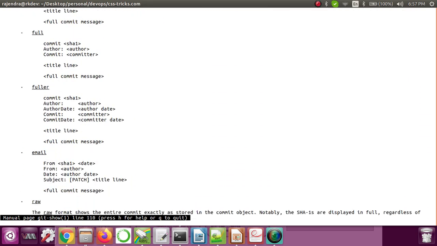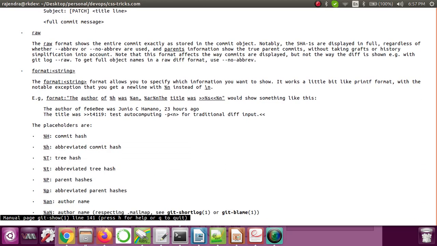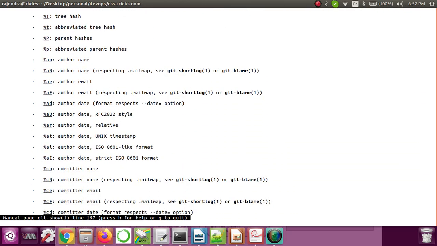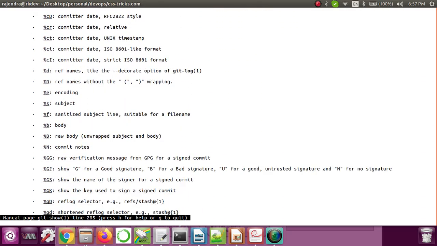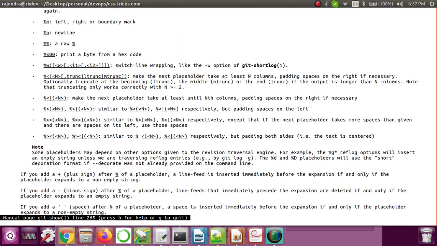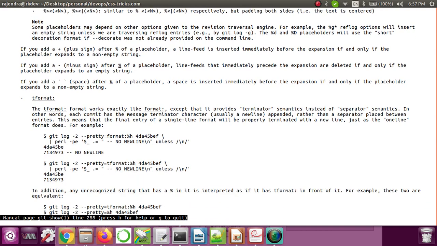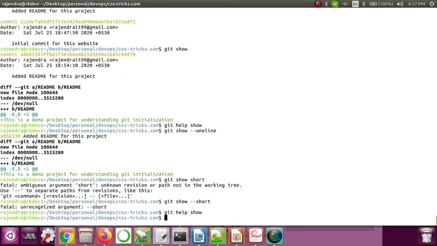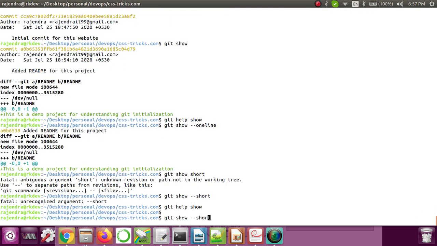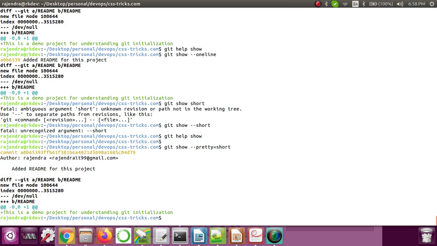So how it is expecting, let's see this. So there are a lot of options available to print your output in a proper format. Okay, that we can use it, right? So here what we have to do is hyphen pretty flag we have to give it. Okay, so if I give hyphen pretty flag equal to short, then it is showing something like this output, right?